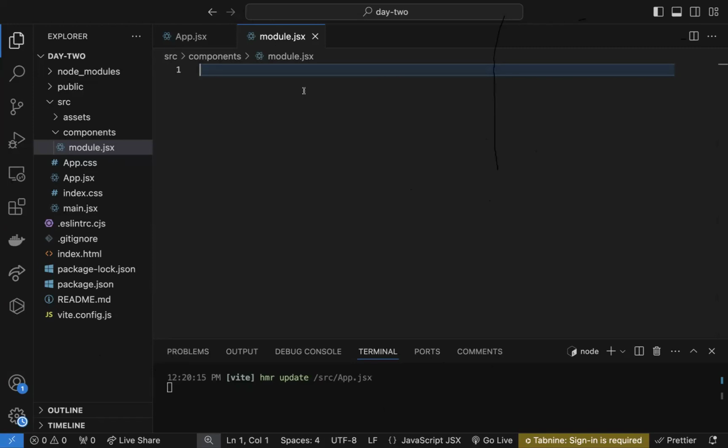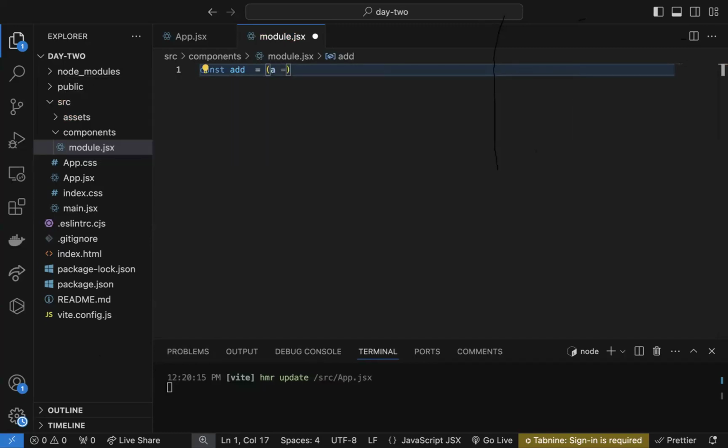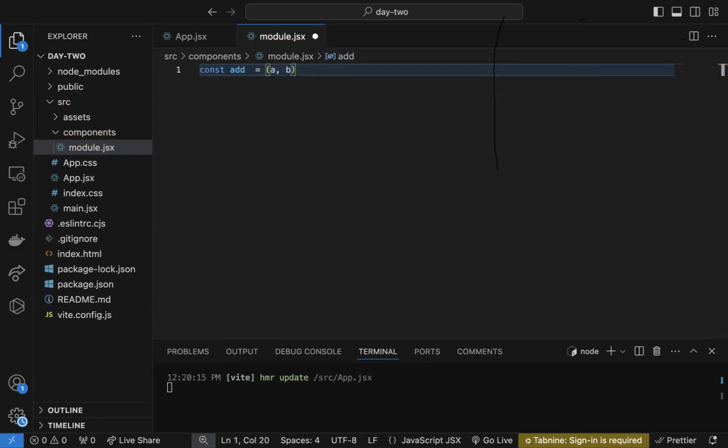So we want to define modules. So let's start with const add. So this is a simple module that is adding a variable A and B, right? It's a simple function,